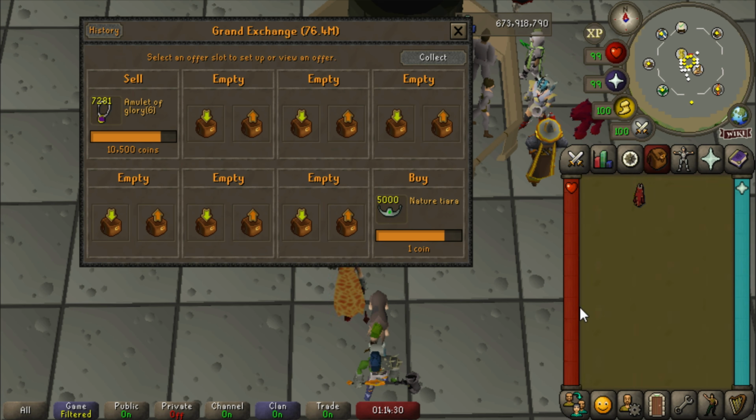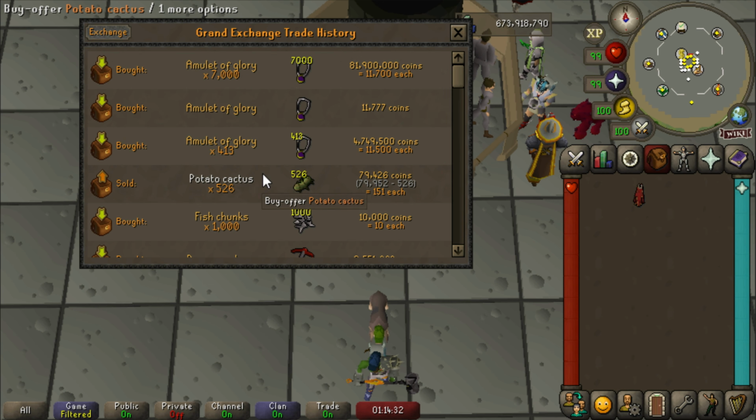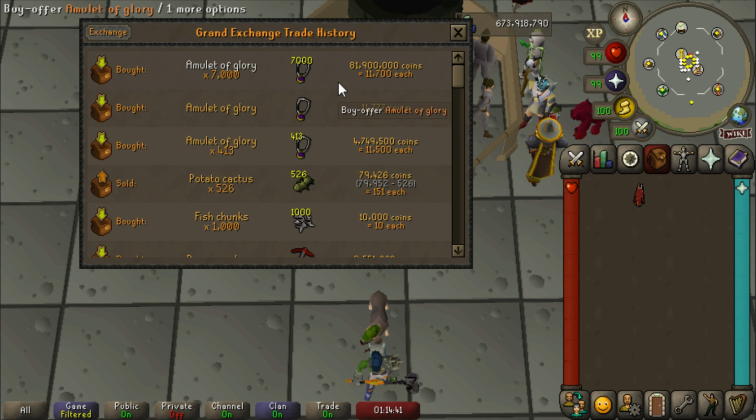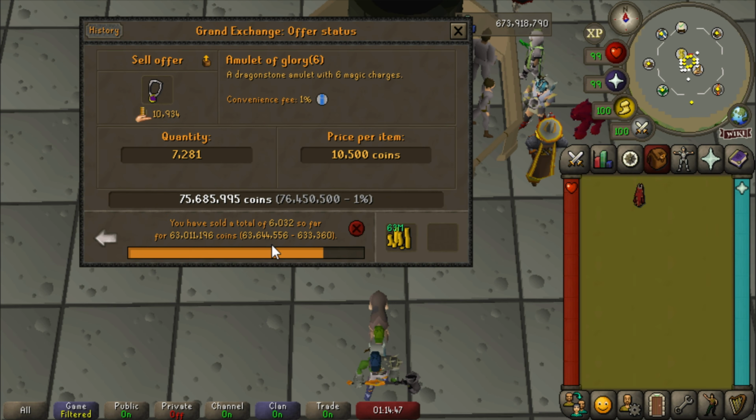So I have just finished charging the, well, how many glories did we end up buying? We bought just about 7,500. We lost a good 100 and something to PKers. And how much did I spend on all of these glories? Let's see, I spent 82 mil plus just about 5 mil. We'll call it 87 mil, a little bit under 87 mil. And I will be selling all of these for 75.6. So how much money did we lose? I don't want to do the math. I'm going to pretend that I didn't say any of those numbers, because I don't want to know how much